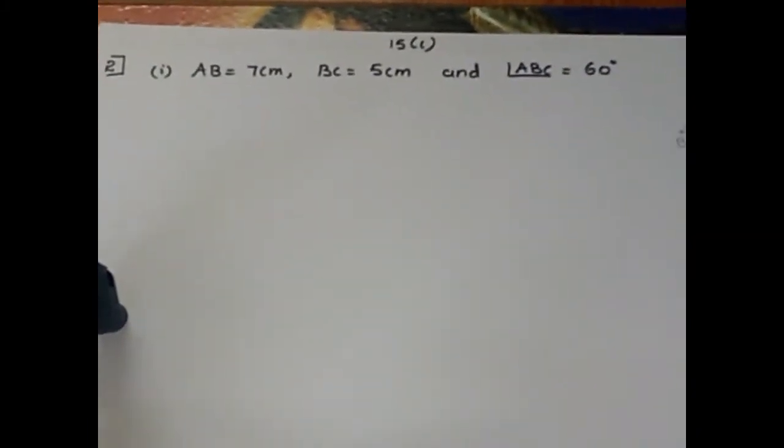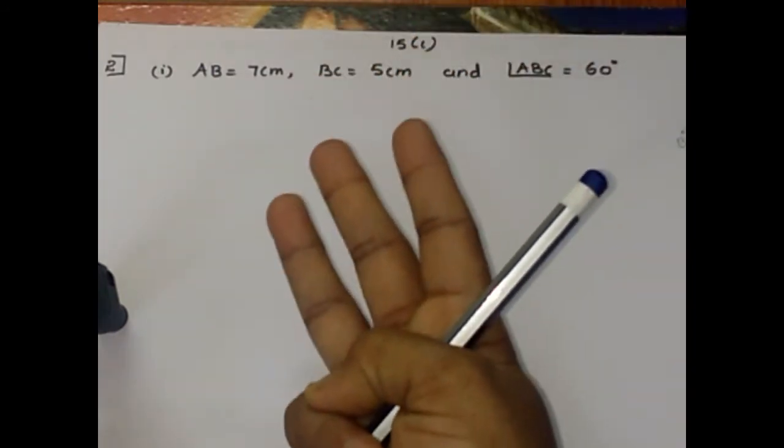And how to construct the angle? As per the ICSE board norms, we are not permitted to use protractors for the construction of angles. Always construction of angles should be done with the help of a compass and a scale. So this problem, again we are doing it in three steps.